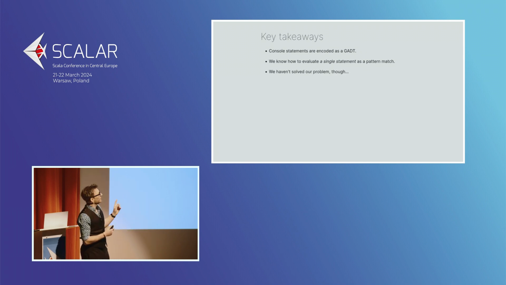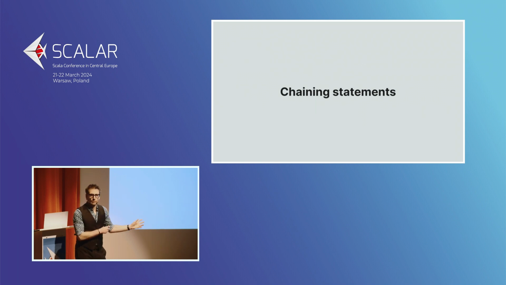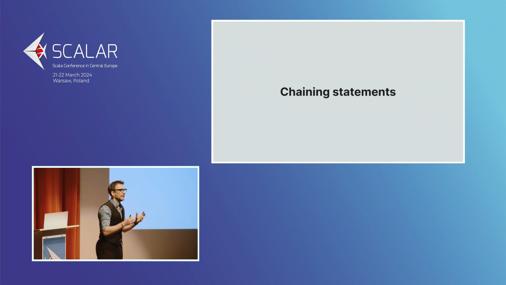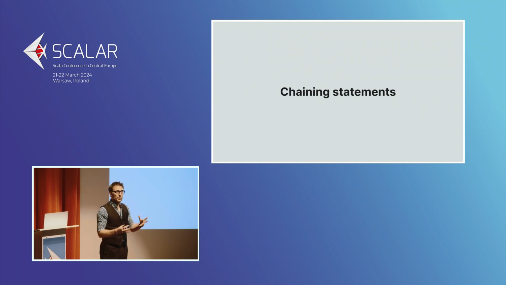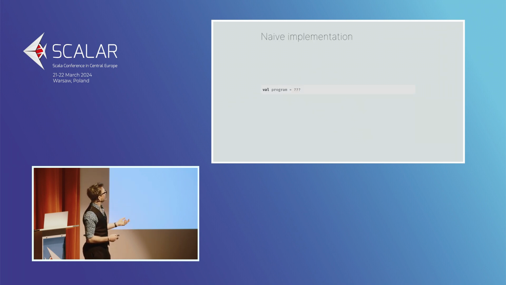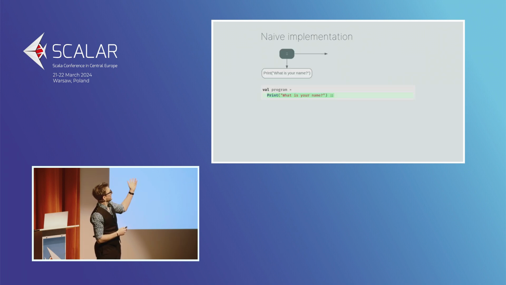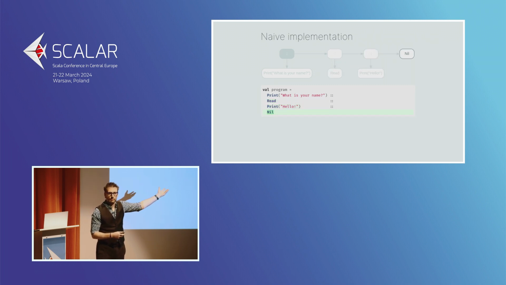Our problem was to chain statements, which we've not done at all. We just have the one statement. So how would we chain them? How would we represent a sequence of statements? Well, what we're going to do is the obvious naive implementation that this statement suggests, a sequence of statements. We're going to write a program as a list of statements. So the first statement is going to be a print statement. Then we're going to cons that into read, and then onto another print, and then we need the marker for the end of the list.